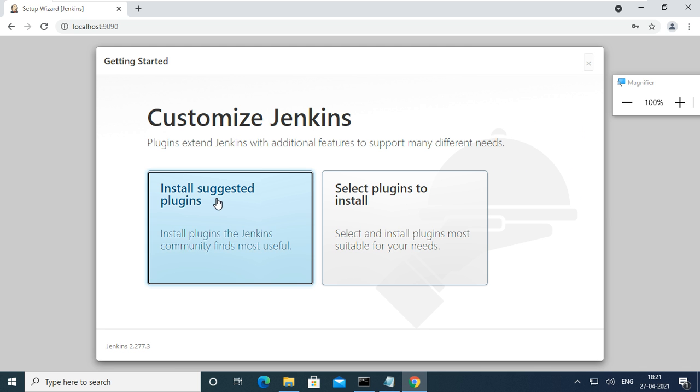So guys, here it is. If you see, install suggested plugins, select plugins to install. You can go to select plugins to install and choose what plugins you require, like Git related, Maven related, dashboard related, timestamp related, pipelining related. So different plugins are there. You can select the required plugins only, or suggested plugins are better. If your PC is connected to very slow internet, like mobile data, pen drive kind of stuff, it is better to select the first one. If you have a very good internet connection, then go to the second one. I'm going to the second one.